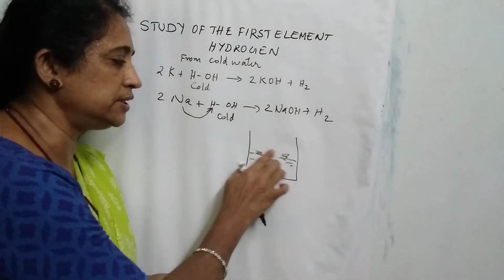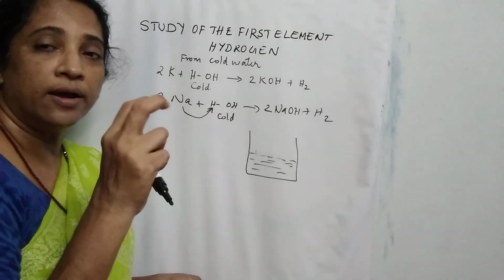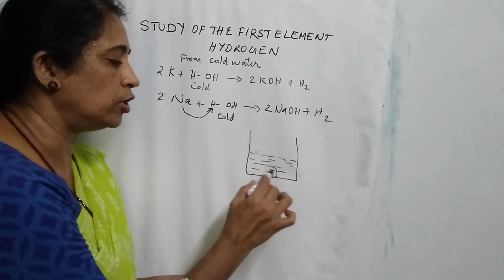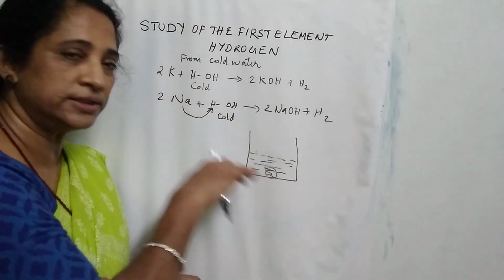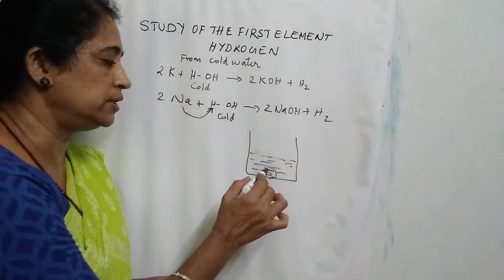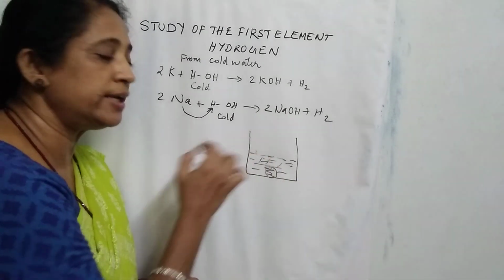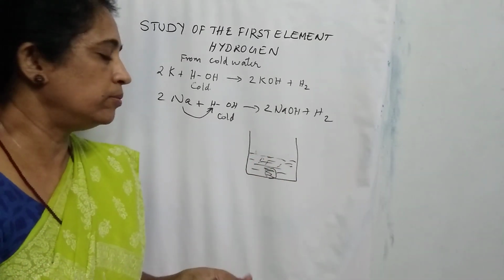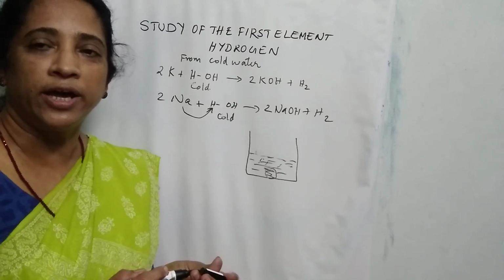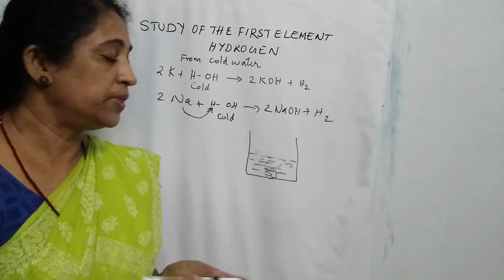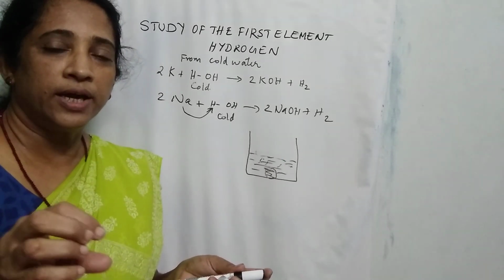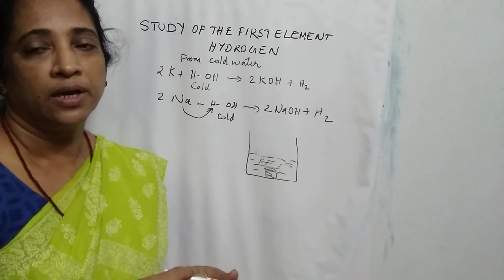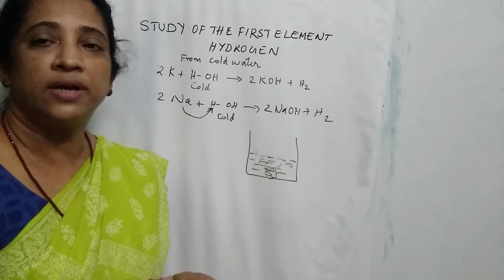Then what happens is, when sodium metal is wrapped in wire mesh and then placed in water, the wire mesh sinks in water, and the sodium liberates hydrogen from cold water. Therefore, by wrapping sodium in wire mesh and placing it in water, we can collect hydrogen from cold water. And the next one is calcium.